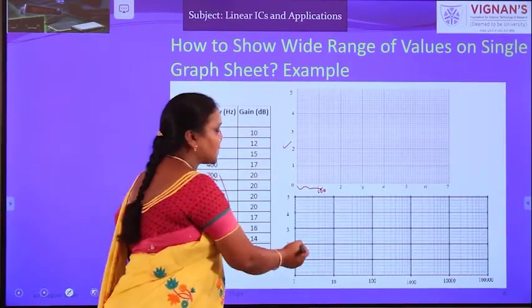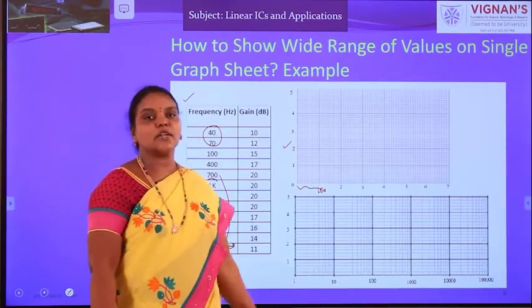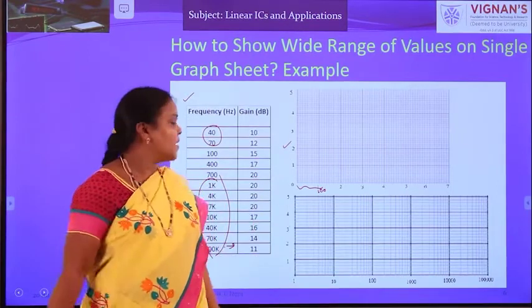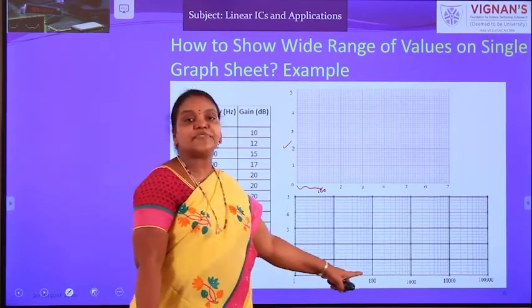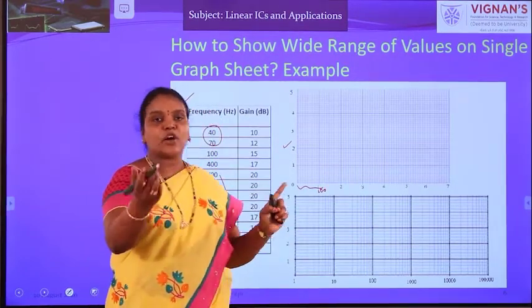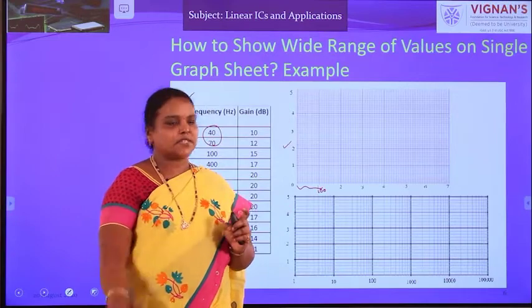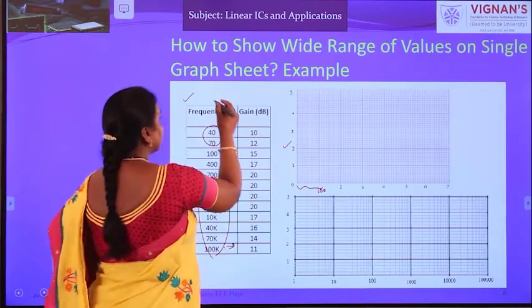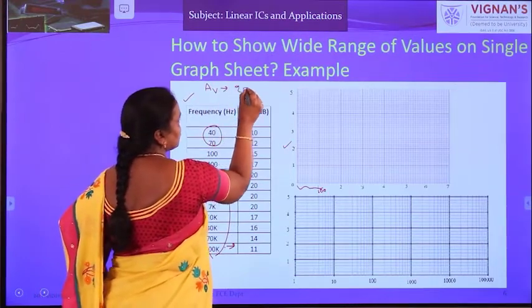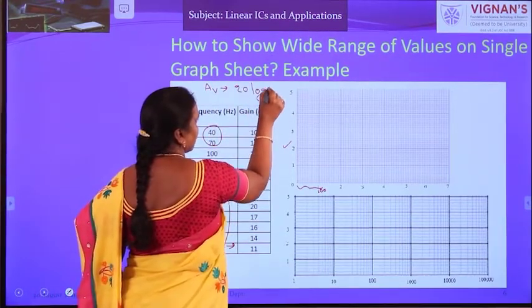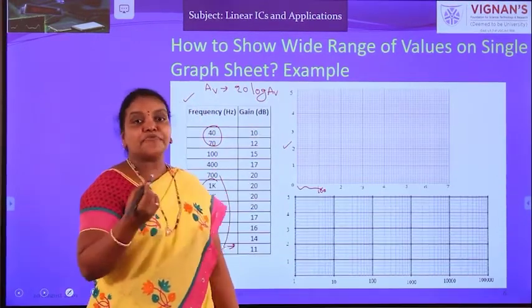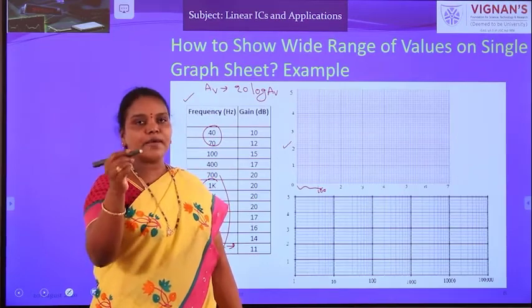So why it is called semi-log? The x-axis is logarithmic scale but the y-axis is normal scale. And here, when you are taking the frequencies in logarithmic scale, gain should be converted into logarithmic scale, that is gain in decibels. If it is voltage gain, then gain in decibels means 20 log AV. What is AV? V0 by Vi. Similarly for current gain also it is 20 log AI.